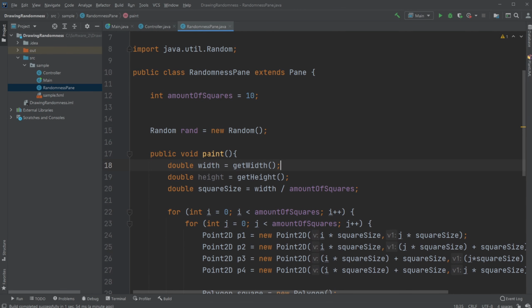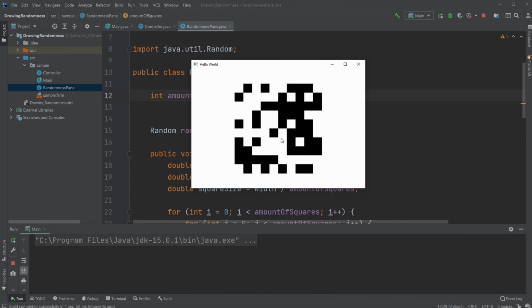So, let's just demonstrate. Right now I have an area which is 10 by 10 squares, and they are randomly created, and then either being white or black. And then we get this random picture. And I just thought it was quite interesting to actually demonstrate how the randomness would actually look, and